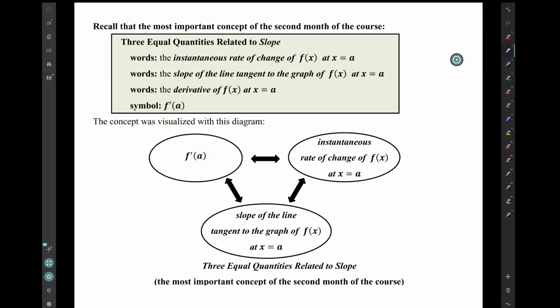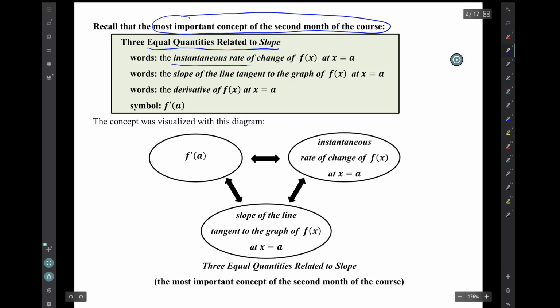Recall what I called at the time the most important concept of the second month of the course. It was the idea of these three equal quantities that are related to slope. One is the instantaneous rate of change of a function f at x equals a. Another is the slope of the line tangent to the graph of f at x equals a. And the third is the derivative of f at x equals a, denoted f prime parentheses a. The idea that these three quantities are equal